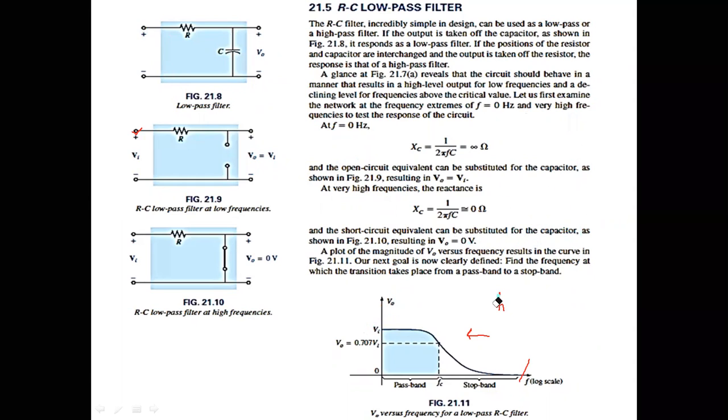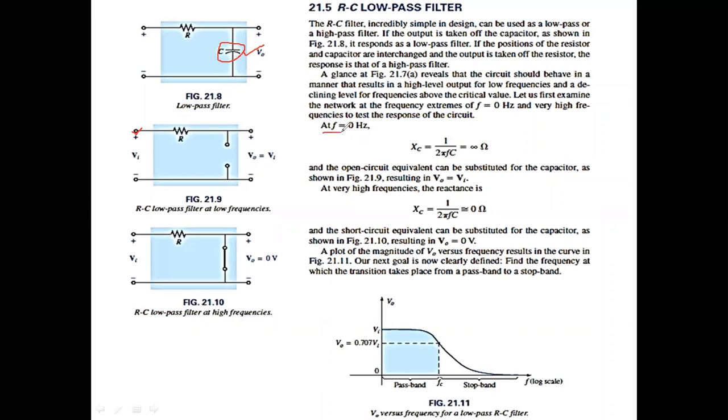If you get the output from the resistor, it won't work as a low pass filter. So it is mandatory. Why is it mandatory that we get the output from the capacitor? Because